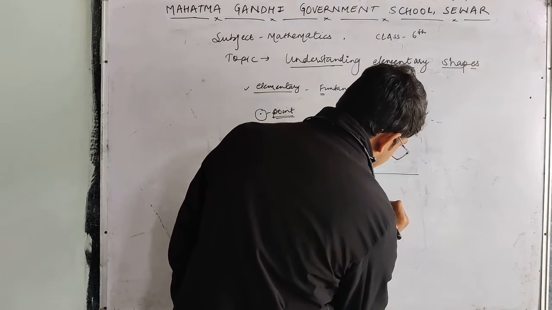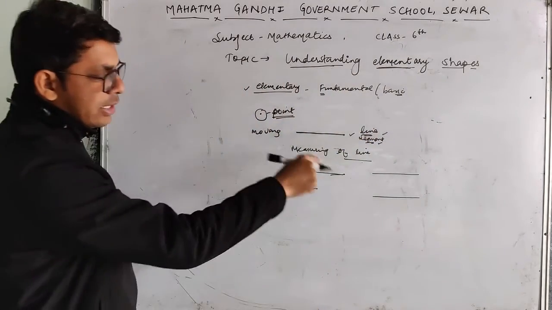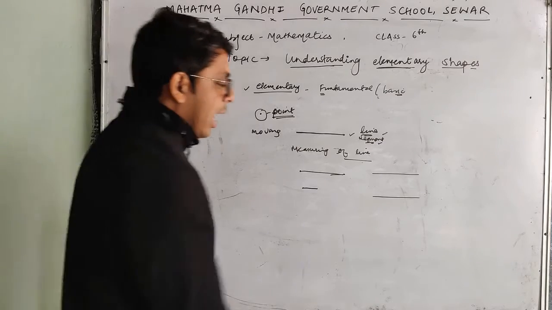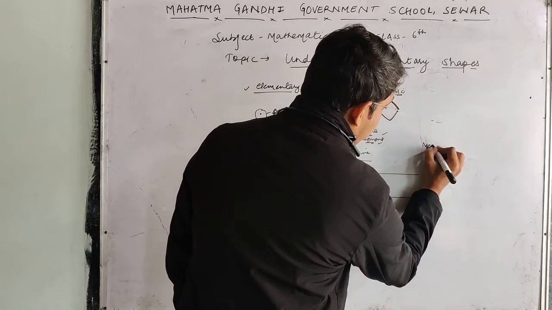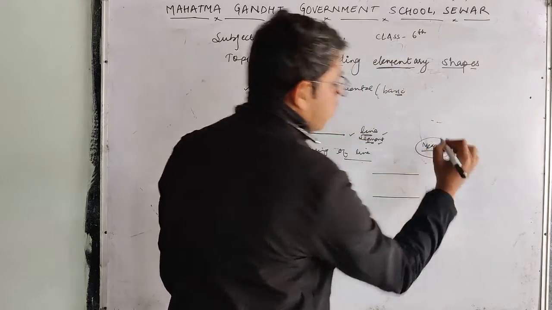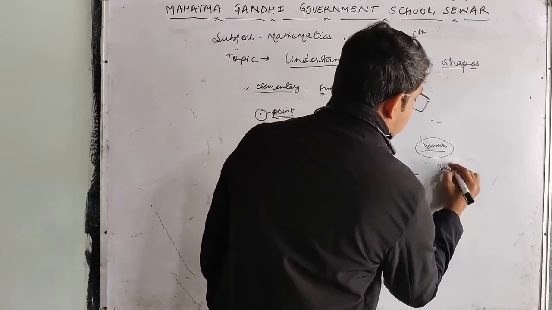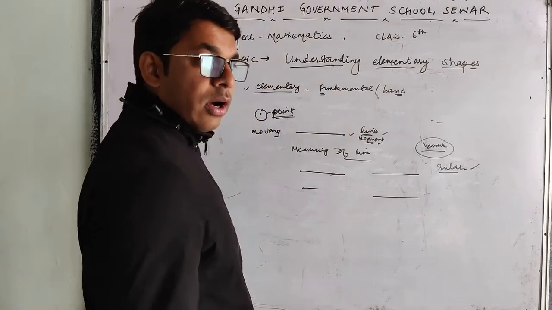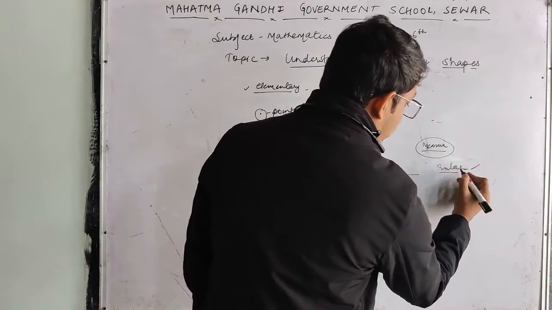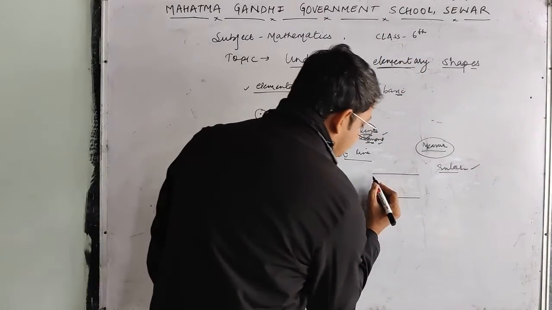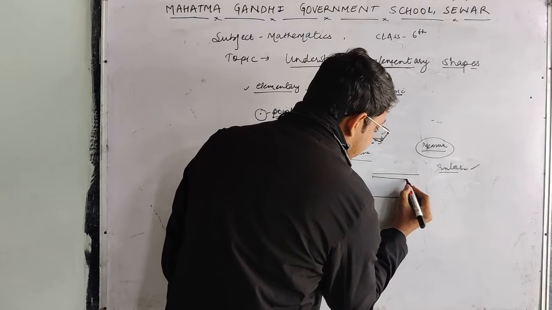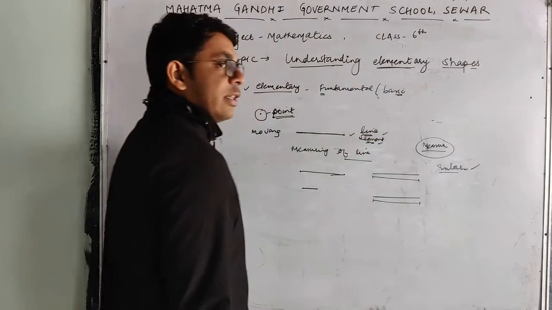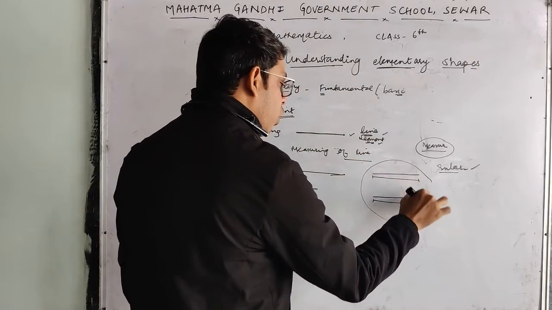Because there is a large difference, it can be differentiated or demarcated through observation. If I draw two lines and I say which is the greater line or which is the smaller line, what will I do? I will measure this line through a ruler. How? I will place the scale and I will measure this line. So with the help of a scale.